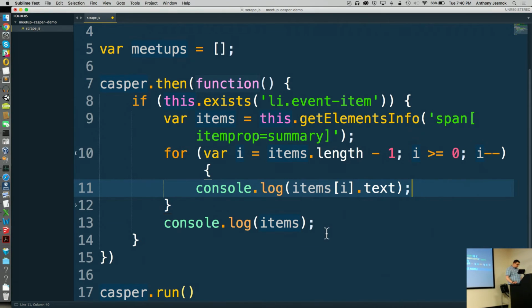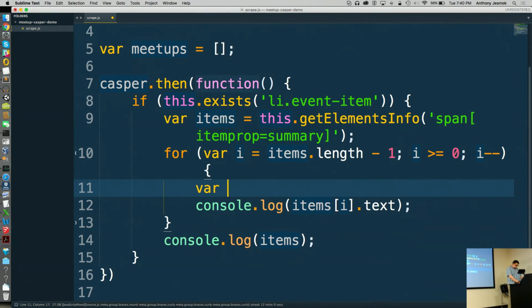I'm going to create a new object, var toPush. It's going to be a JSON object.